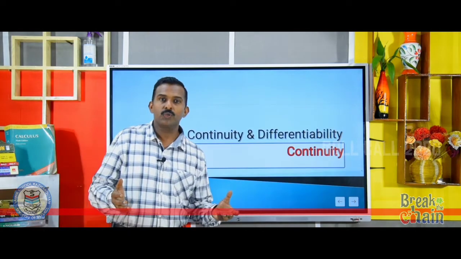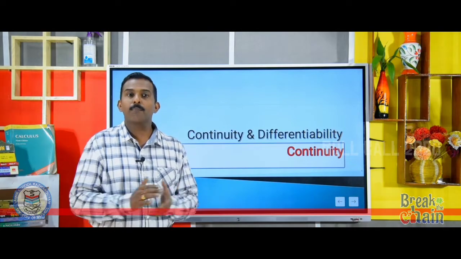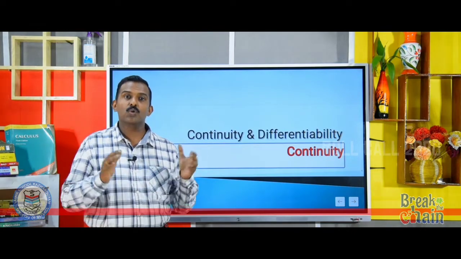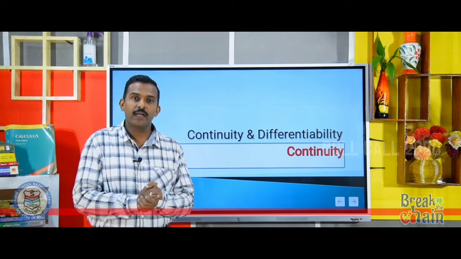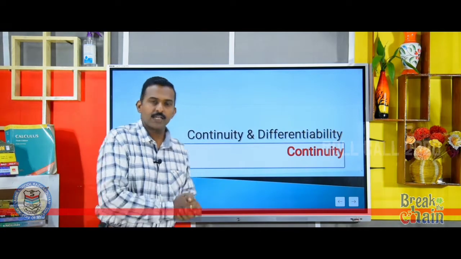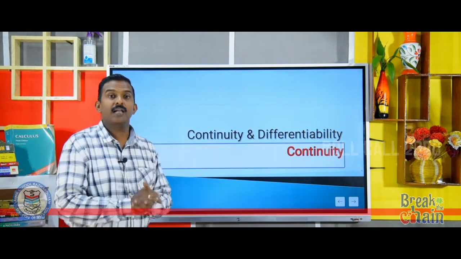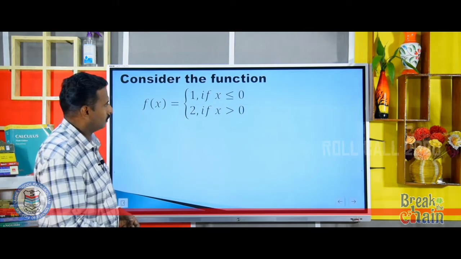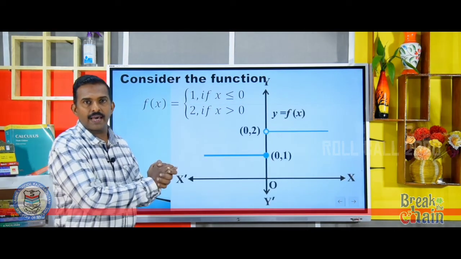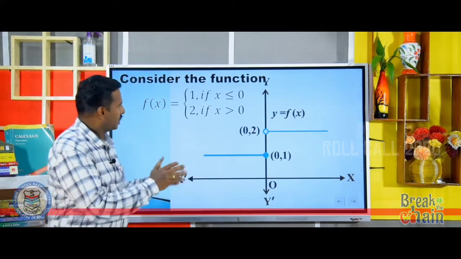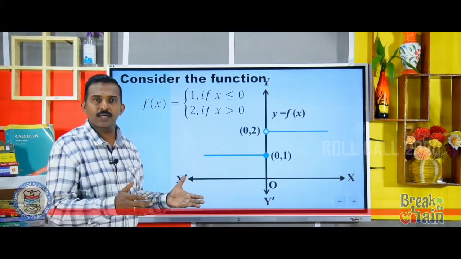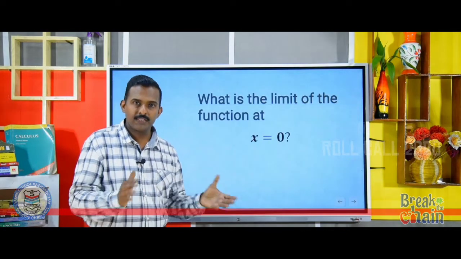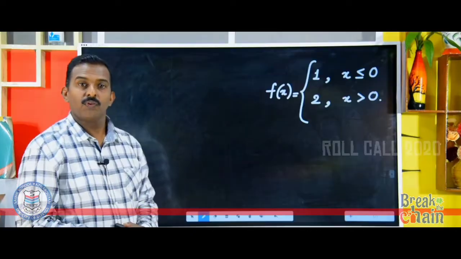But defining continuity using the graph, that it breaks at a particular point, will not be enough. Therefore, you should have a much better definition, and that is a definition told in terms of limit. How will you define continuity using limit? We will go through the previous example and understand how it is defined using limits. This is the first example that we have taken. What is the limit of the function at x equal to 0? We will calculate and check what happens.